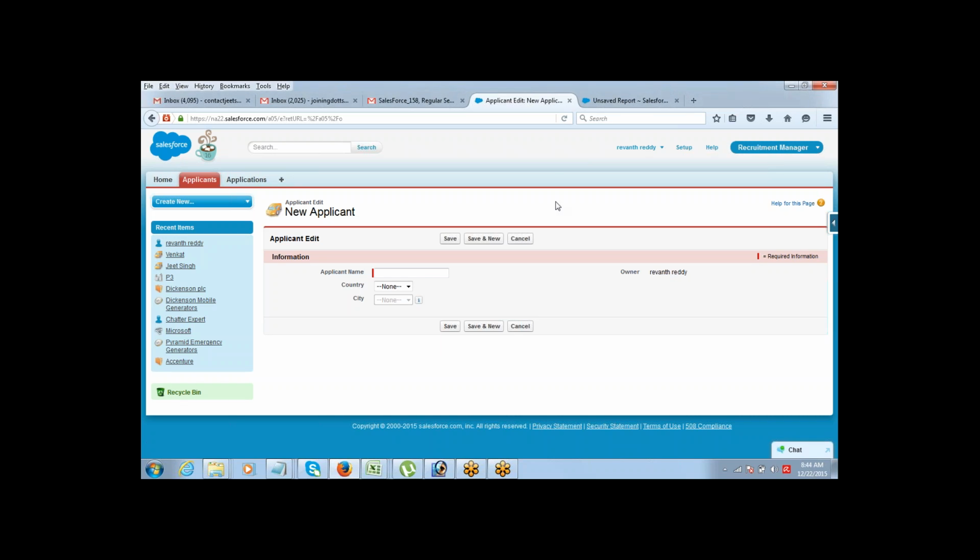So you have created the app. You have created your objects and everything. One important thing that you will have to work on is the page layout. You know how your fields are being displayed, which field needs to be displayed on top. Right now, when you create it, the field which was created first displays first in the page layout. But you might not always want to see that field on the top. So your page layout will give you the option to do that.